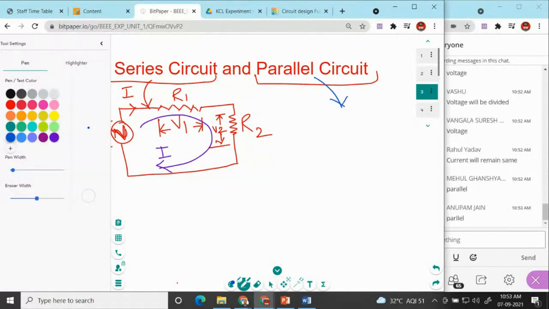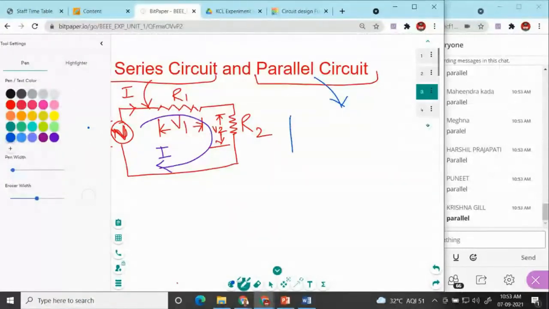Yes, so when you want to apply Kirchhoff's current law, okay, you have to use the parallel circuit. Okay, so how to create a parallel circuit? Let's suppose that you have three resistances. This is resistance 1, let's suppose this is resistance second, and this is resistance third. Okay, all three resistances are connected right here